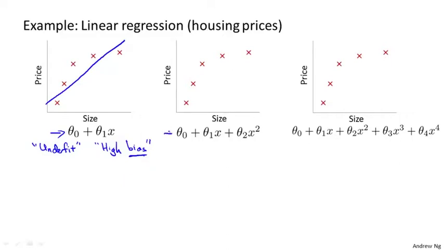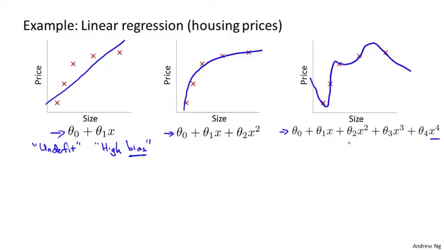Now, in the middle, we could fit a quadratic function to the data, and with this data set, maybe we get that kind of curve, and that works pretty well. And at the other extreme would be if we were to fit, say, a fourth order polynomial to the data. So here we have 5 parameters, theta 0 through theta 4. And with that, we can actually fit a curve that passes through all 5 of our training examples. We might get a curve that looks like this,